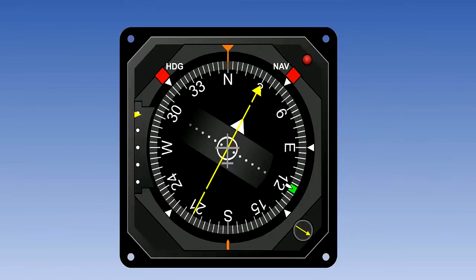The HSI allows the pilot to see his chosen heading and the course to the ILS, which is especially useful when intersecting the localizer. Here, we see that the aircraft is heading north to intercept the 030 localizer. As the needle is centered, the aircraft is now on the localizer and needs to turn onto 030.